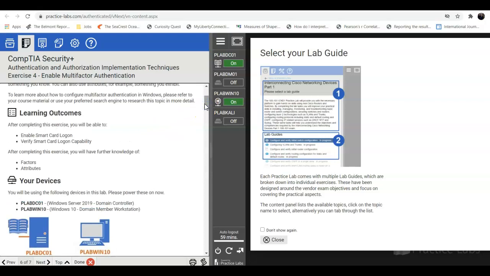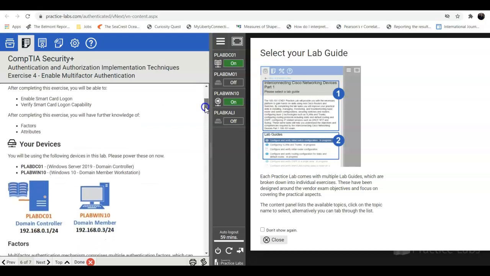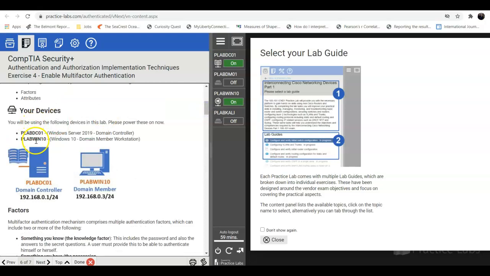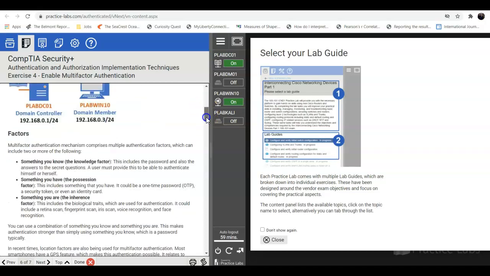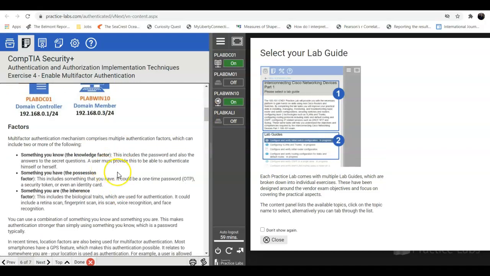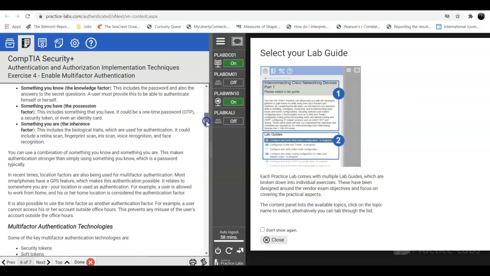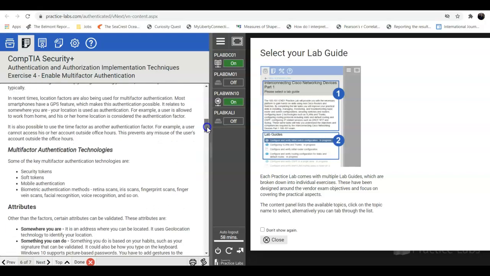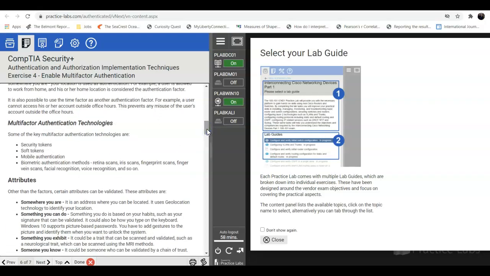Including cashier, all the way to management, to sales, to technicians, to federal agents. So smart card logon and how to set it up. On this one, you would use a Windows 10 and a BDC, very much like the first exercise. And it touches on the multi-factor: something you know, something you have, and something you are. And we want to incorporate at least 2 or more in multi-factor to make sure that we elevate our security